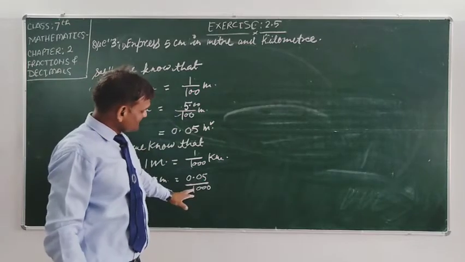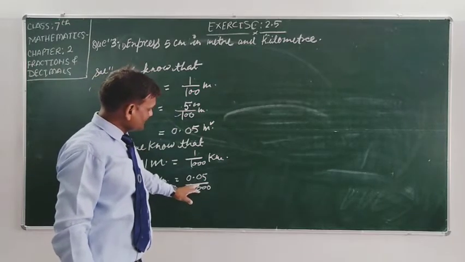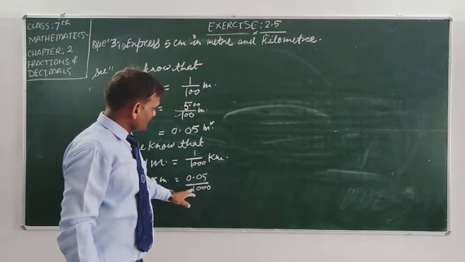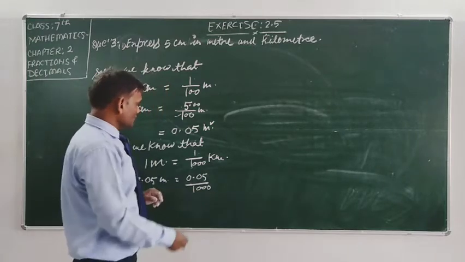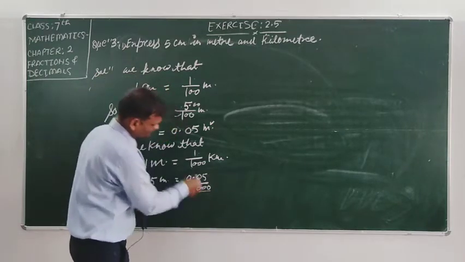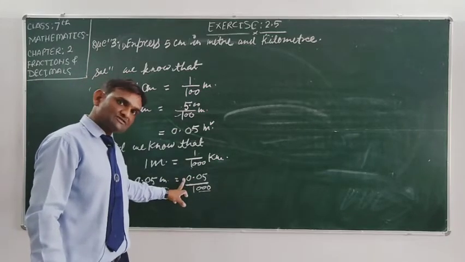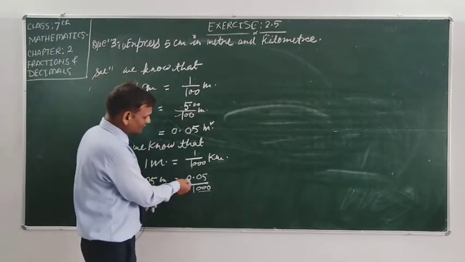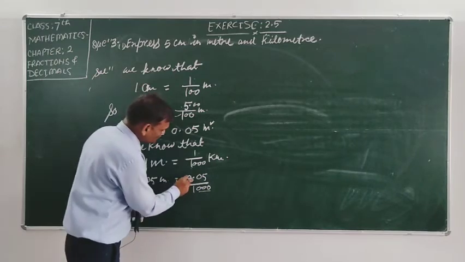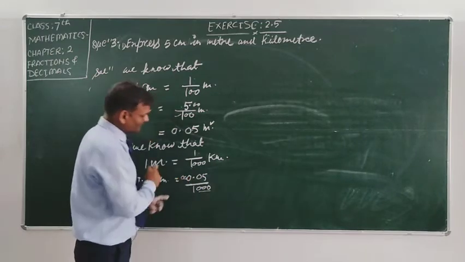Now student, you are seeing that the denominator is 1000. So this 1000 has 3 zeros. So the decimal point will shift 3 digits to the left side, and we have only 1 digit, so we add 2 zeros also here. Then you will get